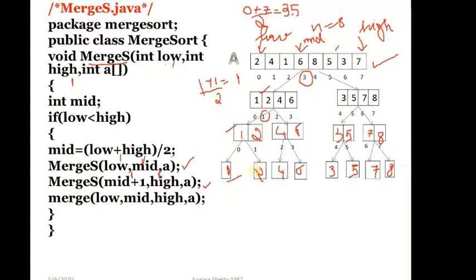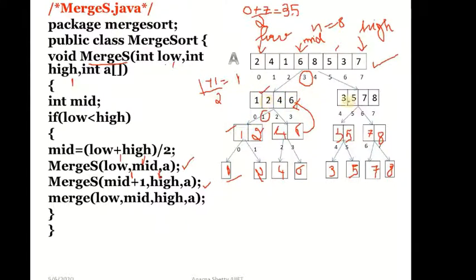But when you are merging, as we have already seen in the merging technique, we have to sort and merge. So 1 and 2, when you are merging, is already sorted. Here 4 and 6 also is already sorted, so you can merge it as 4 and 6. And when merging these two subarrays into this subarray, you have to sort and merge, so 1, 2, 4, 6 is merged as sorted.